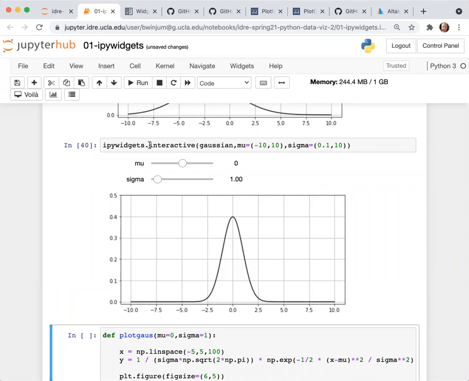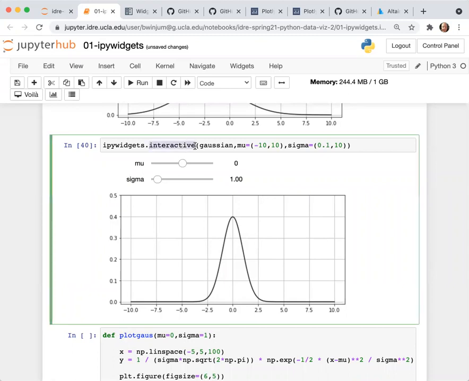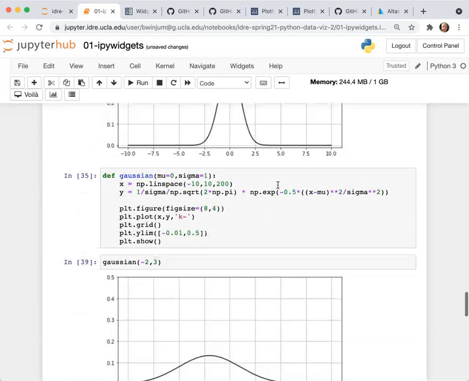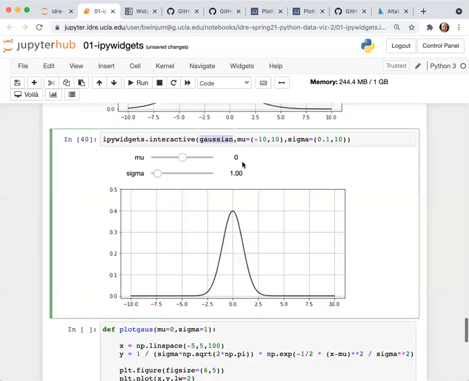So here I'm calling the interactive function from the ipywidgets library, and I'm passing in the name of the function which generates the plot, which is Gaussian, and then mu and sigma are my two input parameters.